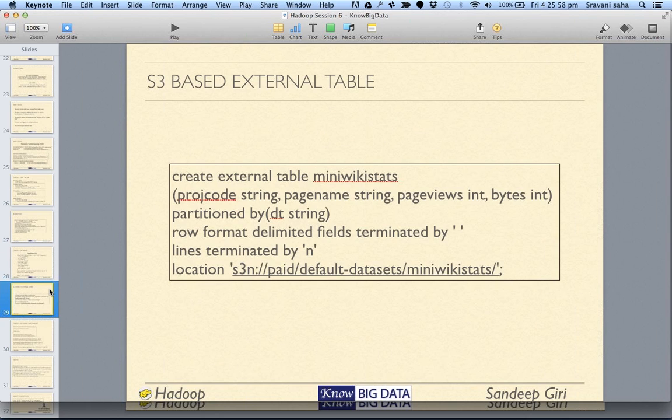S3, Amazon S3 provides you buckets and you can load the data from there, as well as from other places. There are many kinds of sources allowed on Hive external. Okay, so here we created an external table called mini wiki stats, and we provided columns, then partitioned